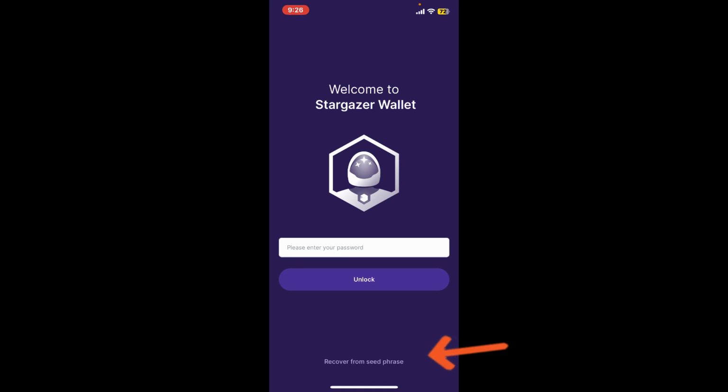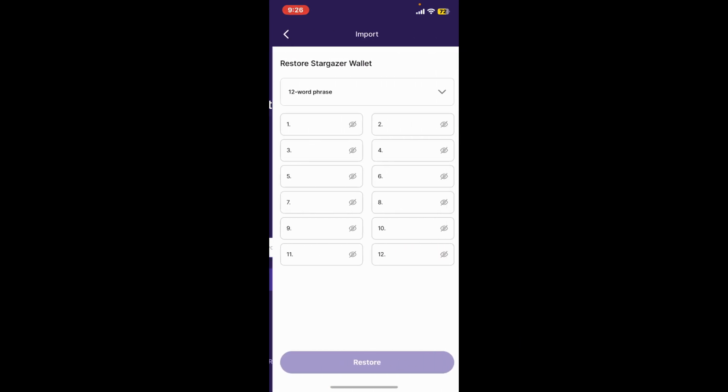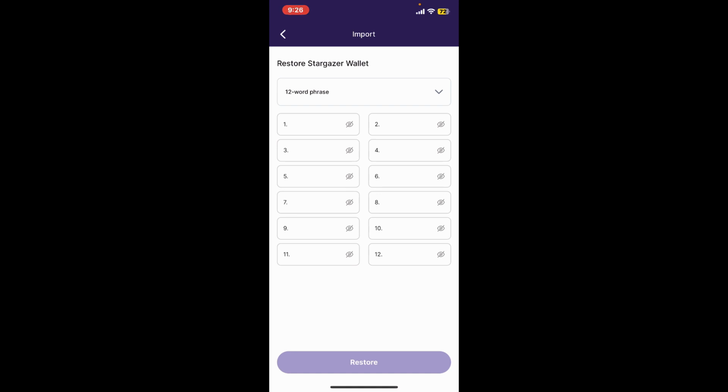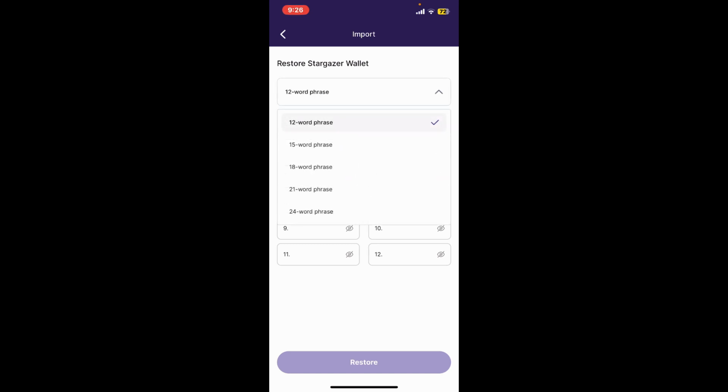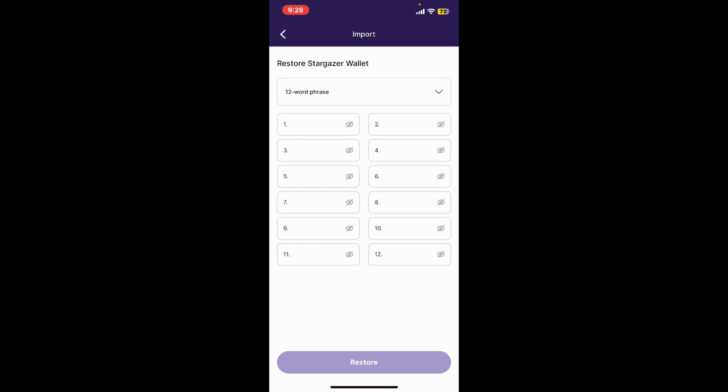Simply tap on recover from seed phrase at the bottom, and then make sure to restore your wallet by entering the correct seed words in the correct order in the display. Select the word phrases that you previously backed up for your Stargazer wallet and then type in the seed phrases in the correct order. After typing in the correct words in the correct order, tap on restore at the bottom,